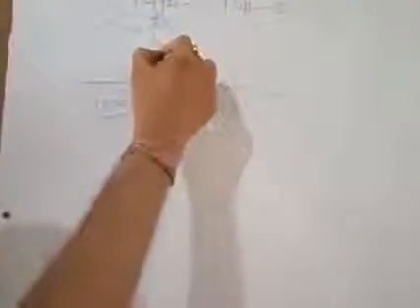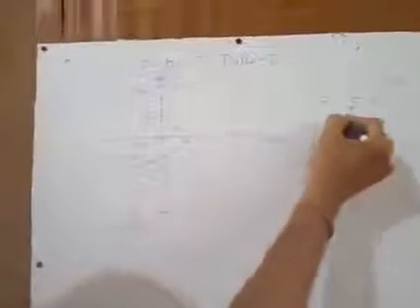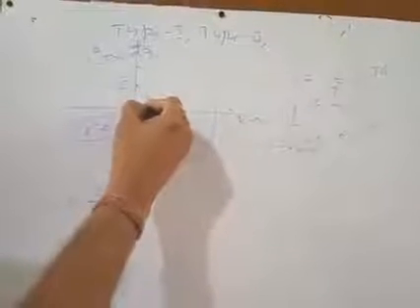And if this is one semicircular path, and if this semicircular path is considered, then the equation for the semicircular path is again we can take epsilon e to the power j theta, and this epsilon is a very small quantity that tends to 0. So we may write S is equal to limit epsilon tends to 0 epsilon e to the power j theta. That is a phasor. Basically this is also one phasor having radius epsilon, right?